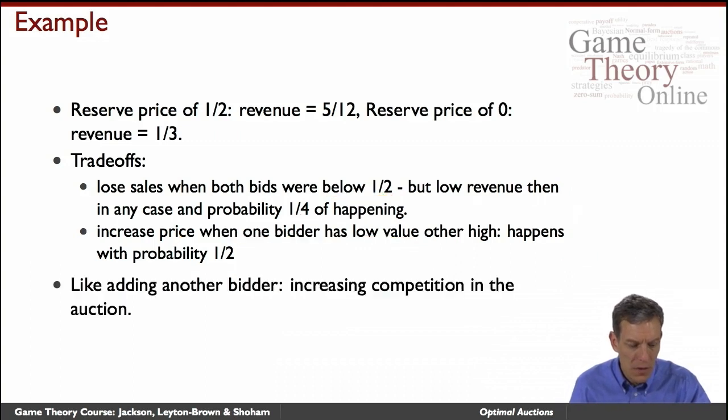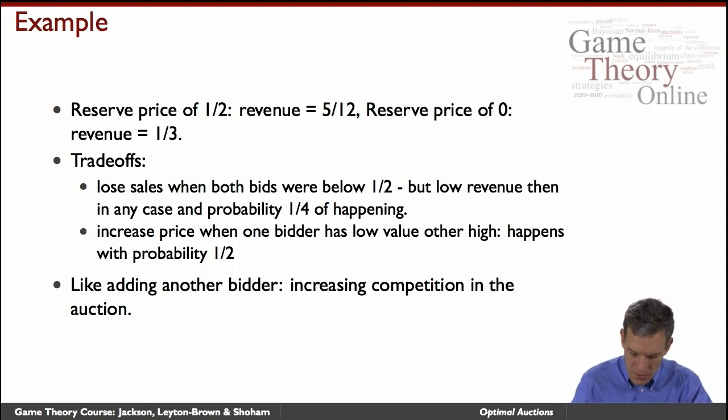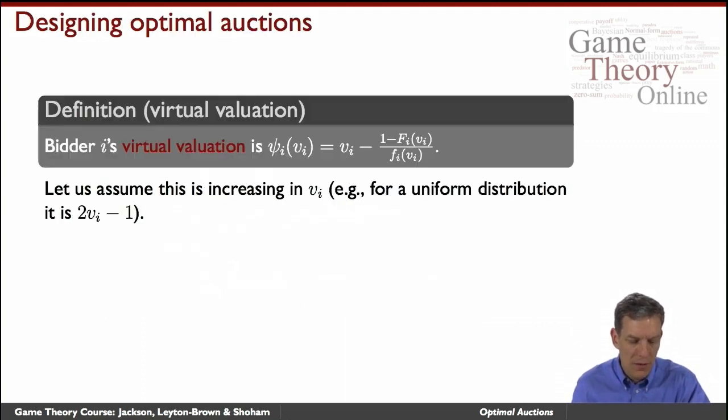Okay, so you can think of adding this reserve price as if you're adding a third bidder. It's sort of increasing the competition in the auction, and even though the players know exactly where that reserve is, it's raising the overall revenue in the second price auction. So this is something that has been looked at more generally, and so in terms of the overall design of optimal auctions, what